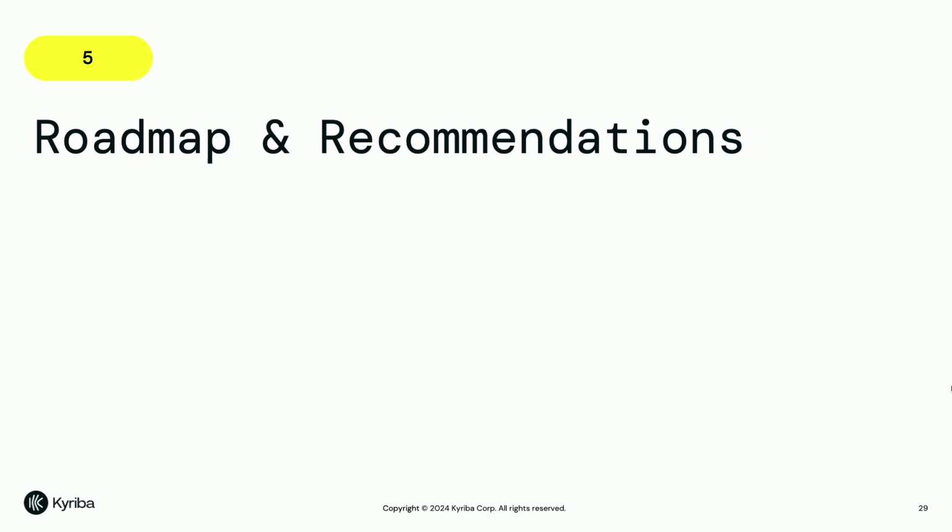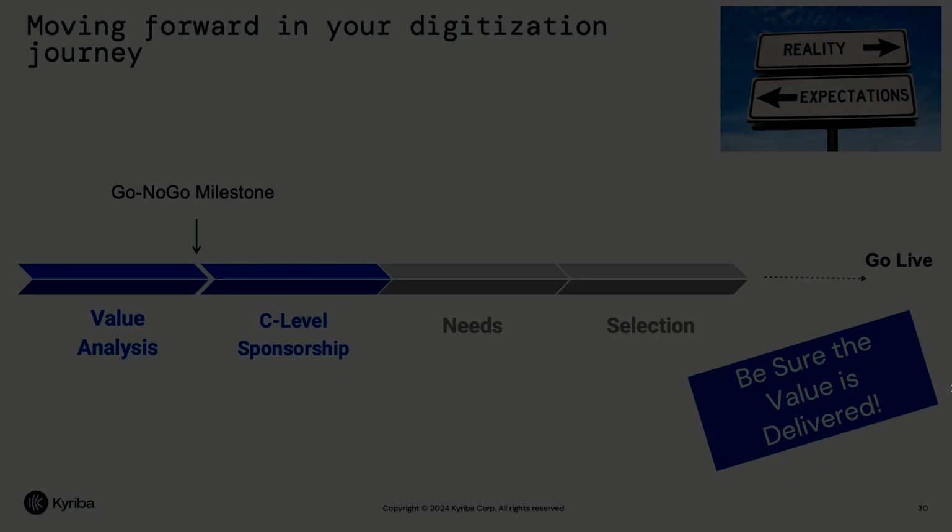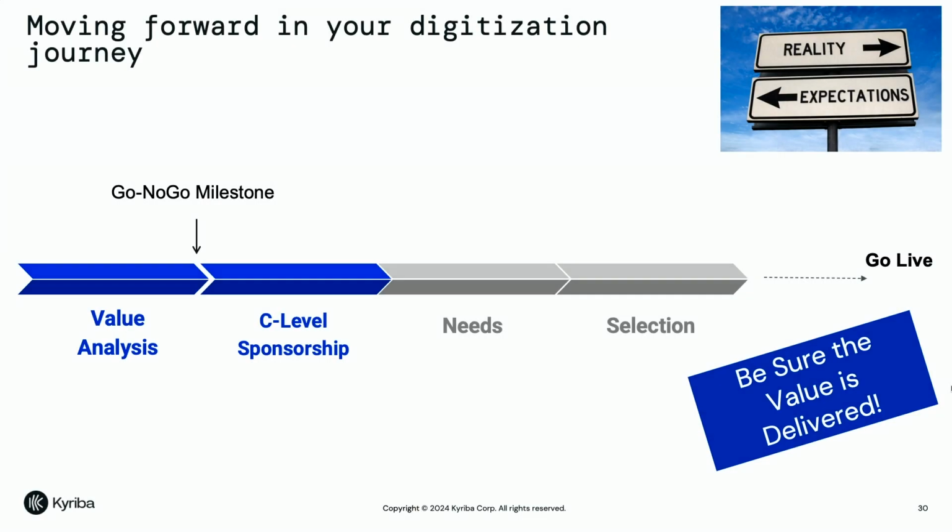So to make the link with what generative AI told you at the beginning, of course, it's very interesting to look at what the generative AI will recommend you, because, I mean, it's coming from us, all of us. But what I want to say to conclude is, before starting what the generative AI will propose you, what we recommend, of course, it's not the only way to do it, but we recommend to do what we call a value analysis. We recommend to have a kind of go-no-go to be sure that everybody is onboarded for this project,